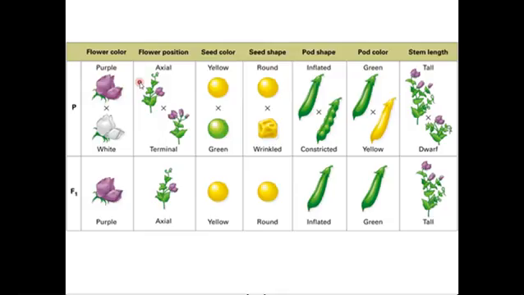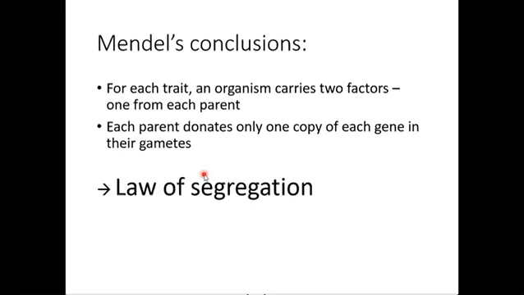So just what do some of those words mean? Well, if we take a purple plant, and for white I'm going to use black, just the opposite, white. We can call this P1, or P, the parental generation. Now the pairing of these two in the F1 generation, F stands for filial, meaning son. So the first filial generation, all of these organisms were purple. So this white trait seems to have disappeared.